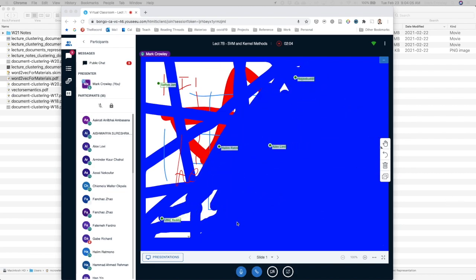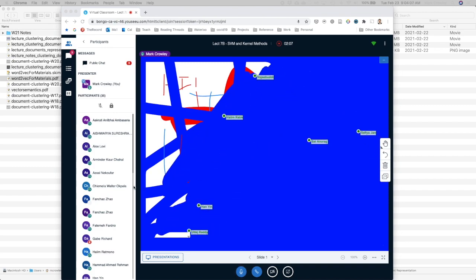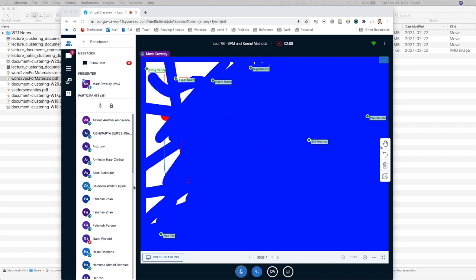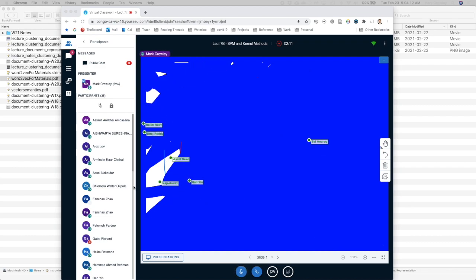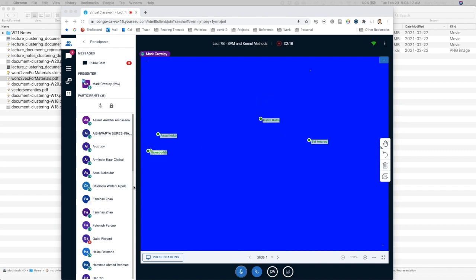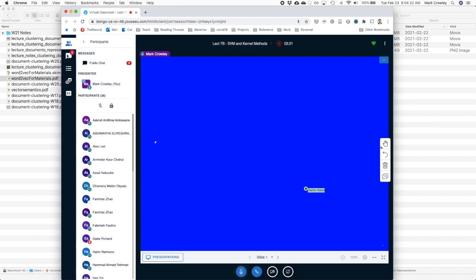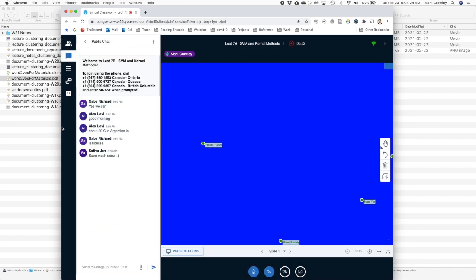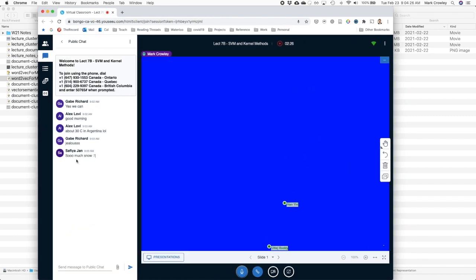We're almost filling in a completely blue screen. People have taken a goal to simply color it blue. This has not happened before. It's very exciting. There, you've completed your task. Any questions? People don't like snow. Oh, Alex tells us that it's 30 degrees in Argentina. Thank you very much. That's great. Now we feel nice. 30. I mean, that's almost too hot. You don't want to complain, you know. But